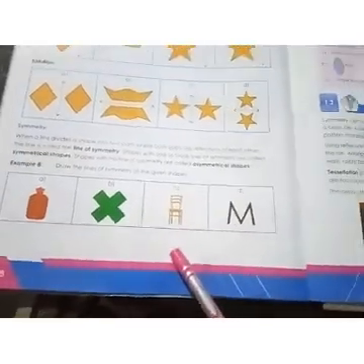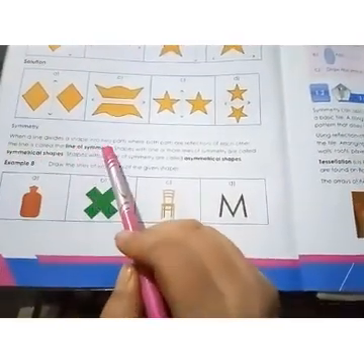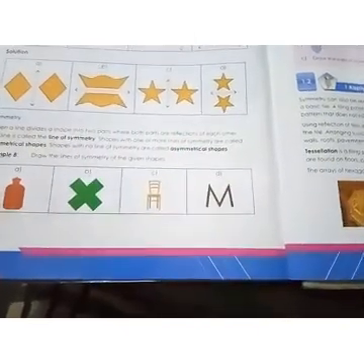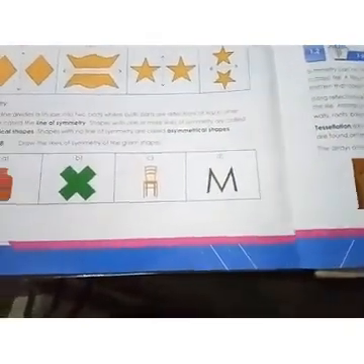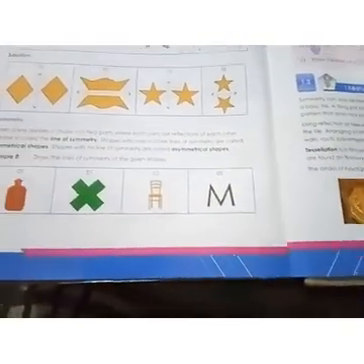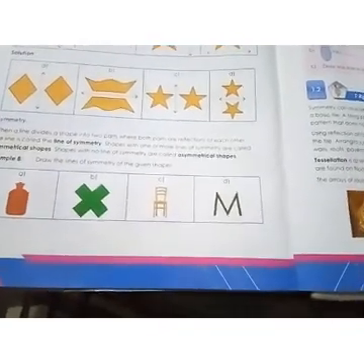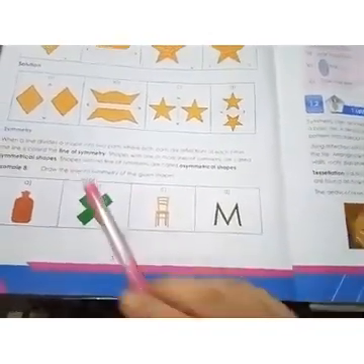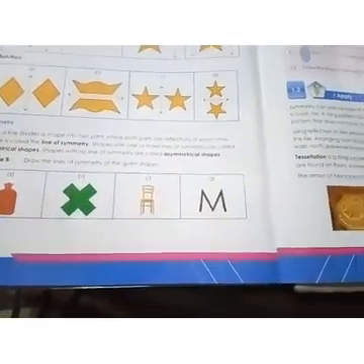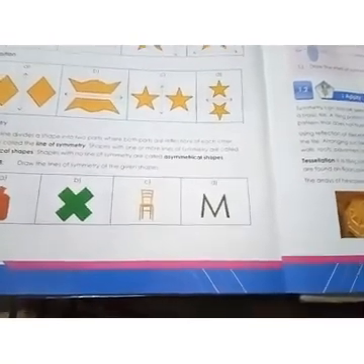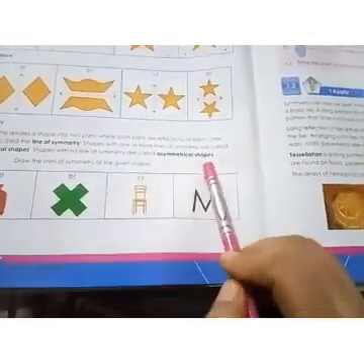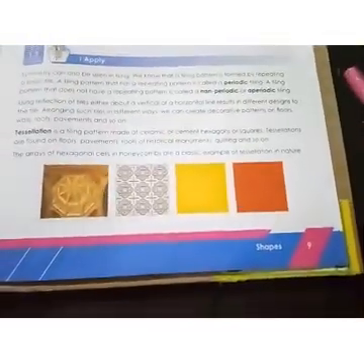The next topic is symmetry. What do you mean by symmetry? When a line divides a shape into two parts where both parts are reflections of each other, the line is called a line of symmetry. So when we divide an object into two or more equal parts, those objects are known as symmetrical objects, and the line which divides is known as the line of symmetry. And if after dividing the objects we don't get equal parts, such objects are known as asymmetrical shapes.